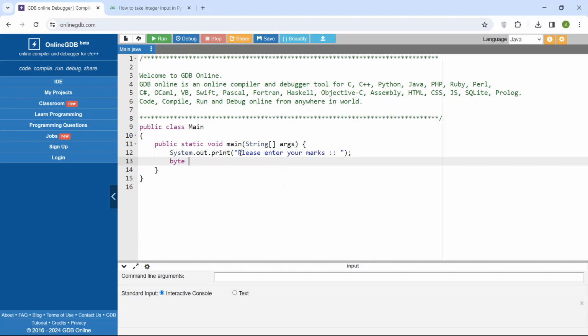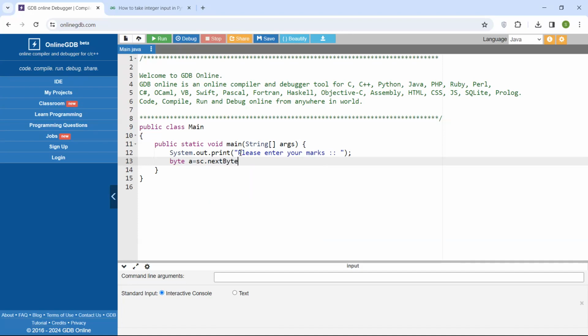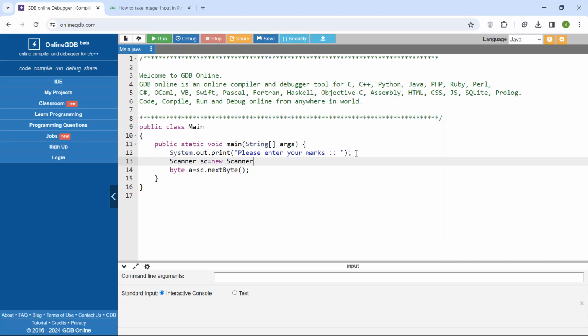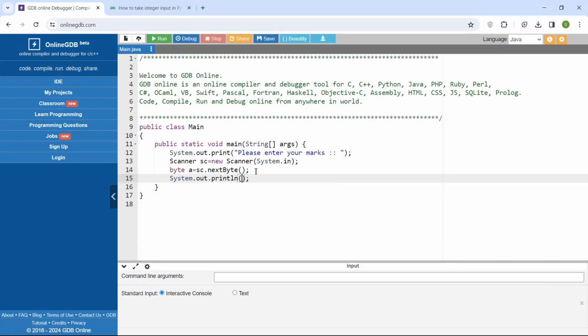So we'll be saying byte, and we'll be saying that a equals sc.nextByte. Now we need to declare the Scanner class also in order to use the sc object of the Scanner. So we'll be saying Scanner sc equals new Scanner, and this Scanner will be taking the value from System.in. So now the time comes for the ternary operator. You don't need to write System.out.println, we will be simply writing println, and